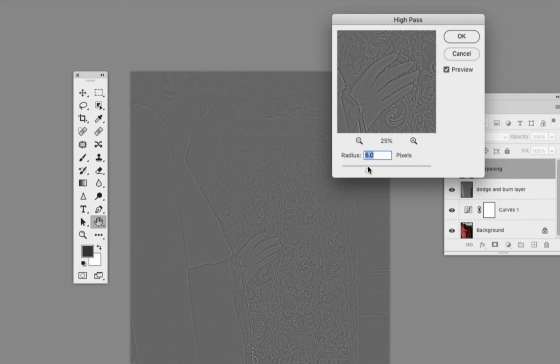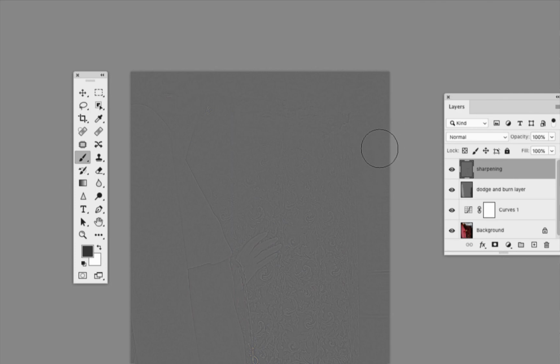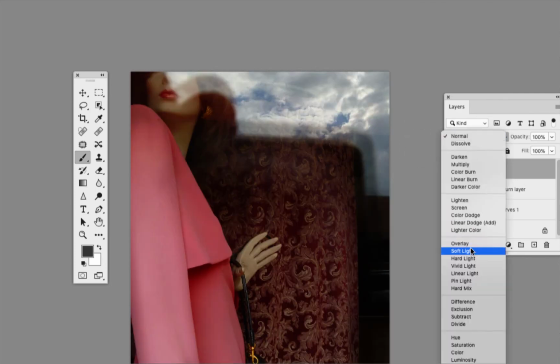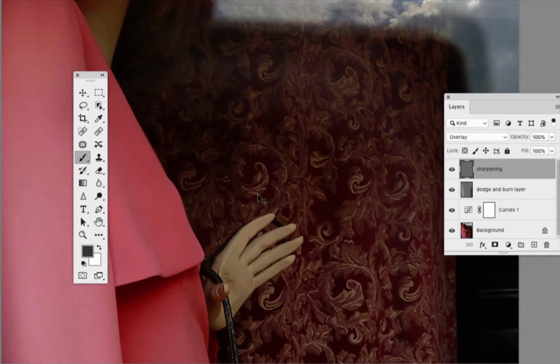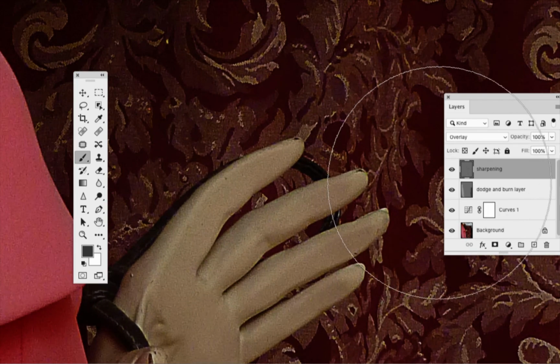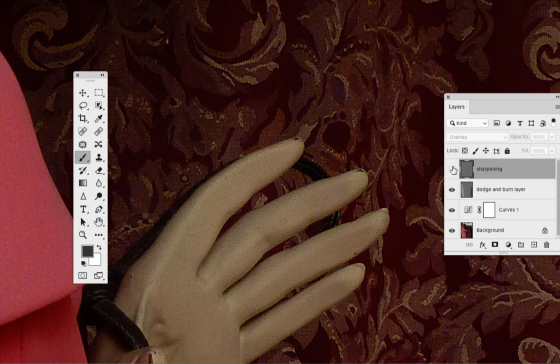Okay. Move it down. I was seeing color in her lips. So you really kind of want to see these lines that are in your image, and hit OK. And now change it to Overlay. So if I zoom in, there we go, you can see, hopefully, on this video, how it's made it sharper,